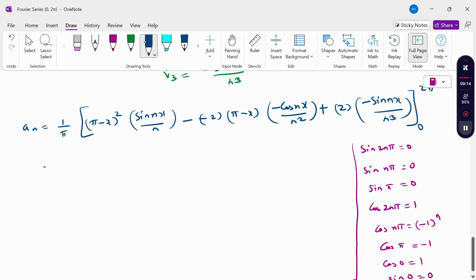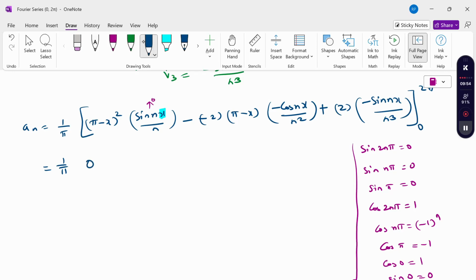For here, when I substitute the upper limit in 1 by pi, don't substitute and then proceed to the next step, because once you have substituted, sometimes a careless mistake is possible. Because here I substitute 2 pi, pi minus 2 pi whole square comes with a minus pi whole square, which is pi square. So now sin 2n pi is 0, but although the whole term is 0, we may miss this pi square. Sometimes it is possible, so carry the pi square to continue with the next line. So whenever I am substituting 2 pi, this term at the upper limit is 0,